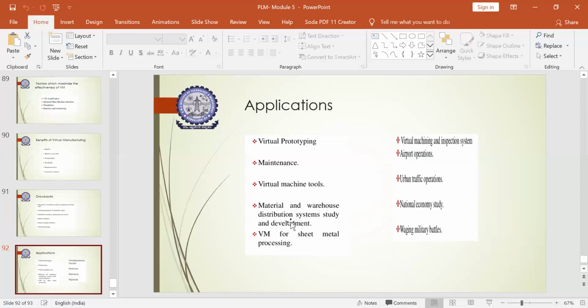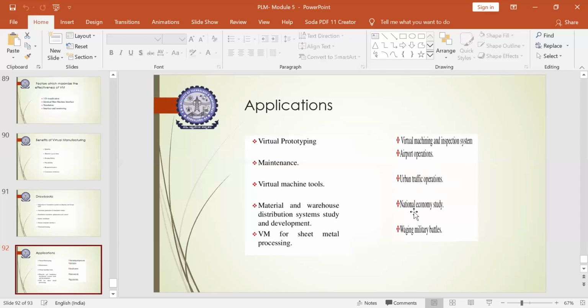Virtual manufacturing can also be used for sheet metal processing virtually, and for inspection systems in airport operations. It can also be used in controlling traffic operations.